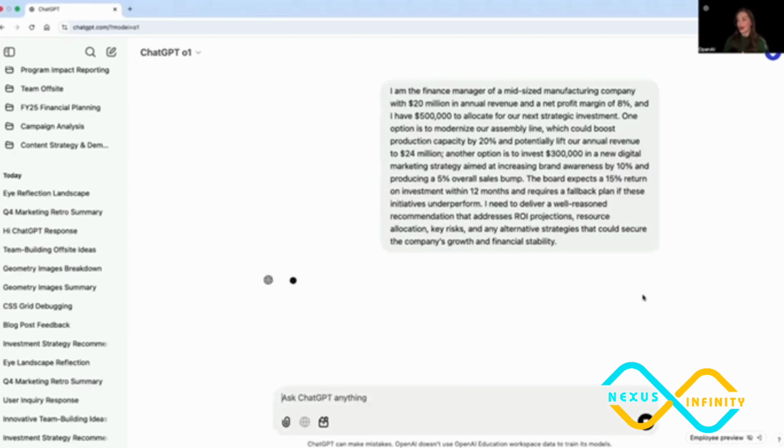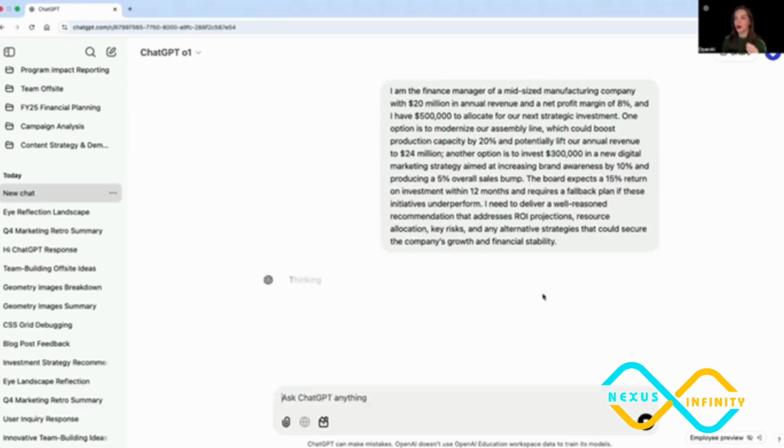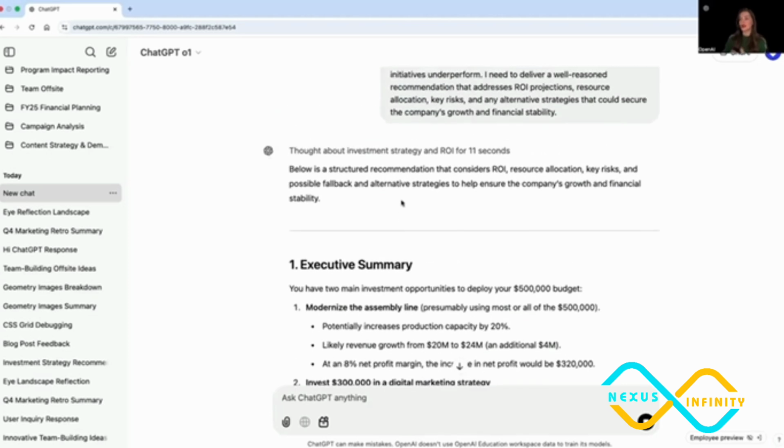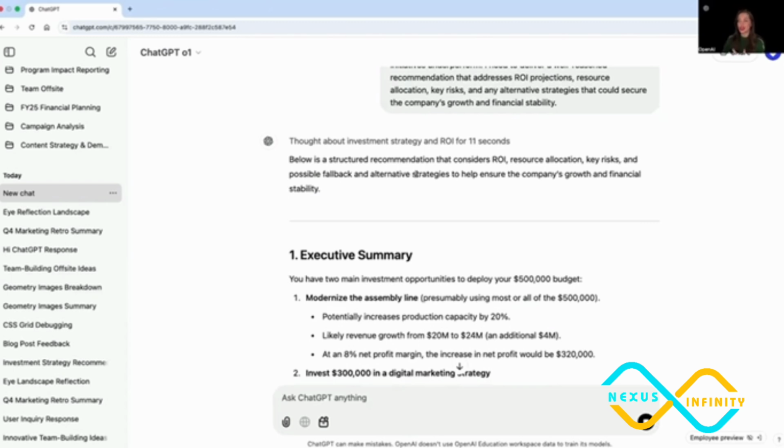Okay, enough of me talking. Let's see what O1 does. Straight away, you'll see that it tells you that it is actually thinking. So O1 has identified that it thought for 11 seconds, and it's now provided a structured recommendation that considers ROI, resource allocation, key risks, and some